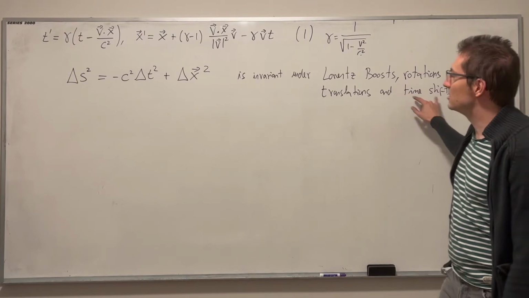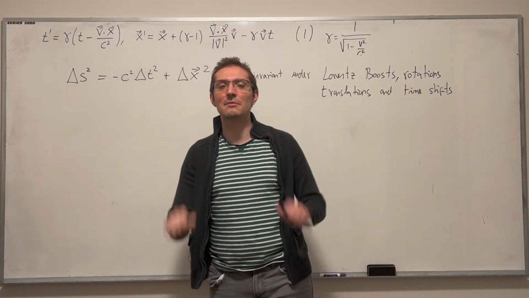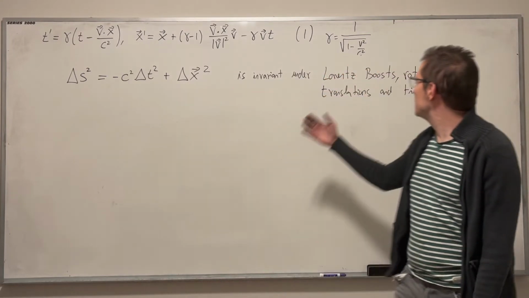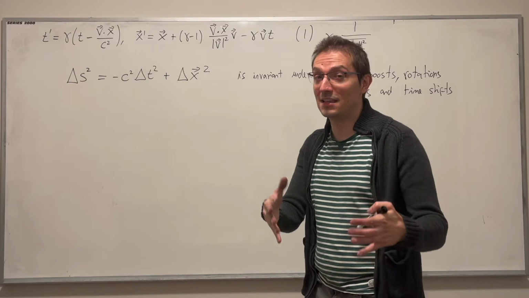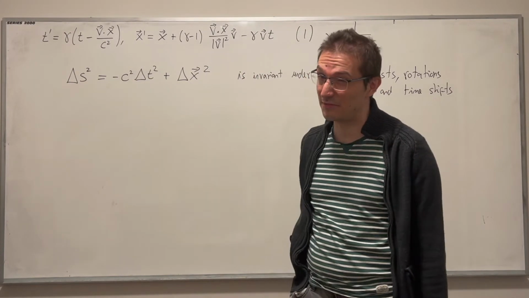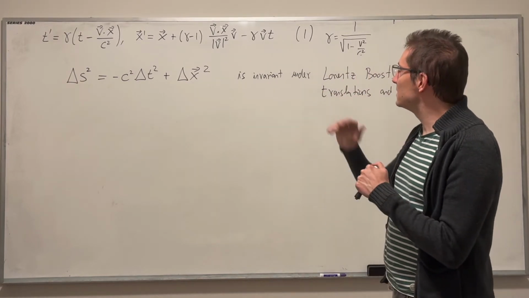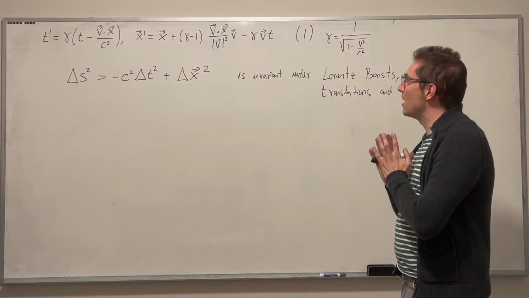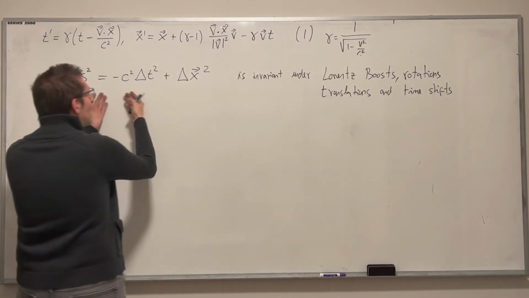It's invariant under time shifts, the same thing, is the delta t here. So if I shift the two times the same amount, nothing changes. And it's invariant under Lorentz boosts. And that's something that we'll actually see in the course when we're going to play a little bit with Mathematica after seeing the Poincaré group, but you can check yourselves very easily with the transformations we derived. This thing is invariant.